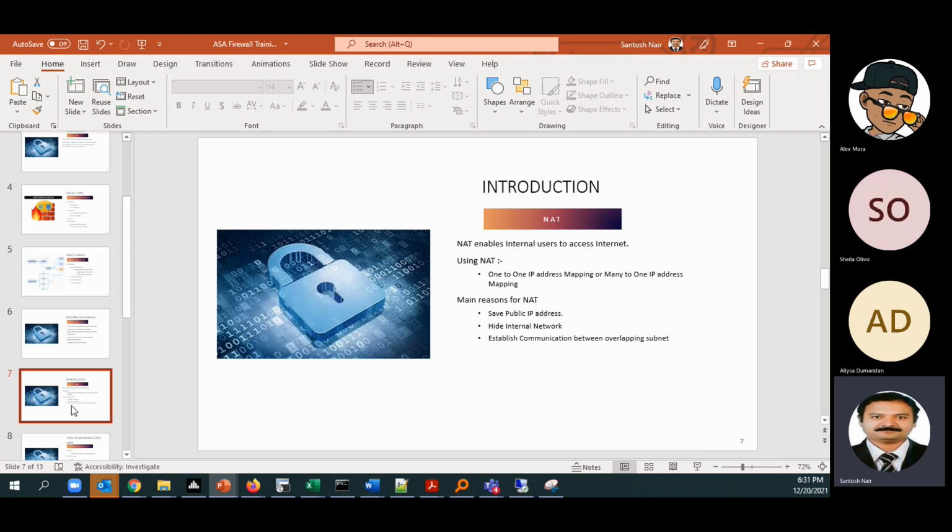Suppose an internal IP address 10.10.10.10 is trying to access the public DNS server 8.8.8.8. At that time, the internal IP address is first of all mapped to a public IP address that has been provided by our service provider, and after that only it will hit the public DNS server.